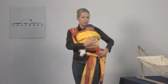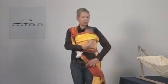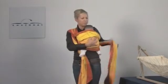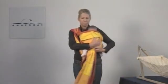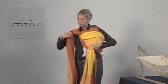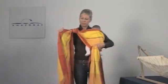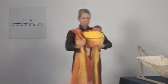Now loosen the simple knot underneath the baby's bottom. While doing so, firmly hold the rear material with the left hand, as this ensures that the loop on the right shoulder remains in its place. Take the right end of material by the upper edge and tighten it. This should take place gradually in at least 3 to 5 phases,